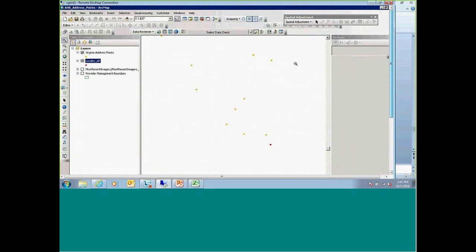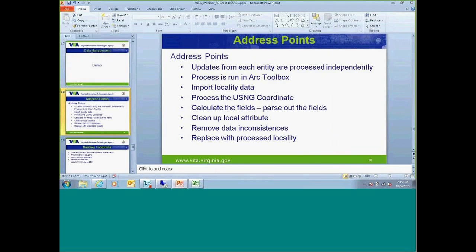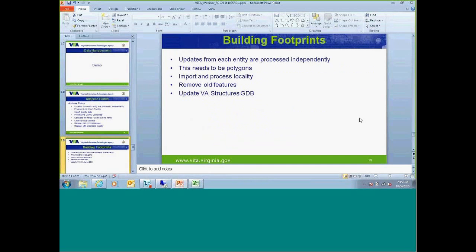Now we do the same thing for building footprints. But building footprints, we don't have to worry about the fields. All we need to worry about is it needs to be a polygon. So if it's not a polygon, we can try to get that into a polygon, because a lot of localities will submit line layers, and some of them will actually give us point layers that are the building or structures.